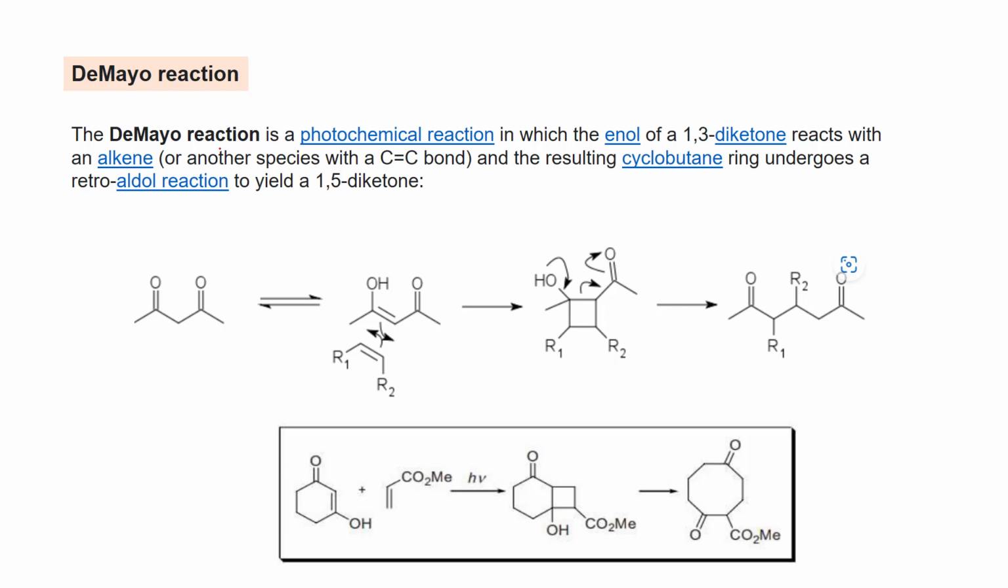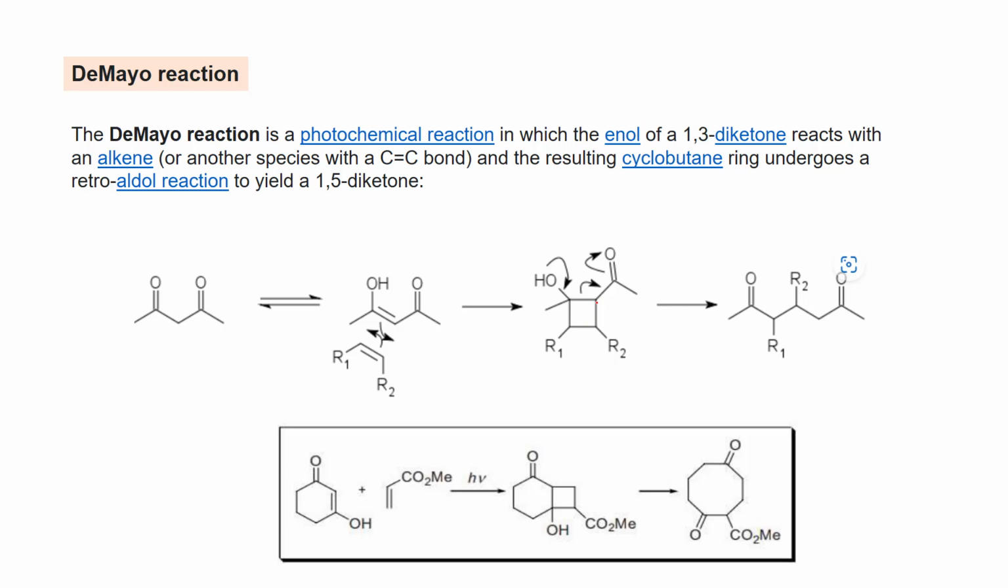So the De Mayo reaction is a photochemical reaction in which an enol of a 1,3 diketone reacts with an alkene, and the resulting cyclobutane ring undergoes a retro-aldol reaction to yield a 1,5 diketone. So what they are saying, a 1,3 diketone will tautomerize to this enol form, and then this double bond will undergo a 2+2 cycloaddition with the alkene, forming this